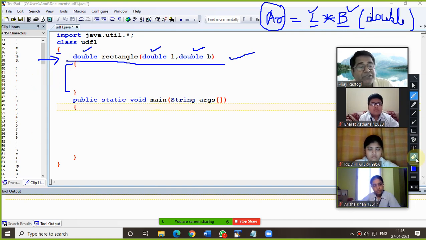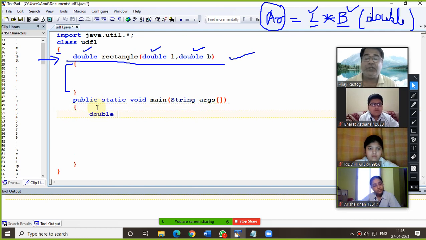So please pay attention. After counting the data types of the variables, here it is double 3 times. That means in the public static void main, we need to declare at least 3 variables of the same type, that is double type, because it is there 3 times.